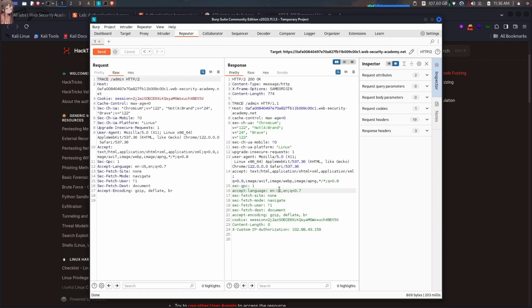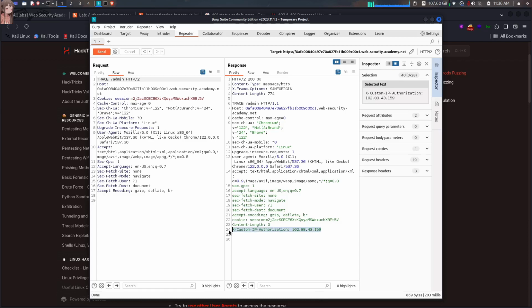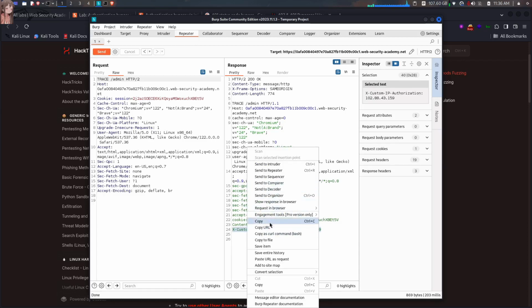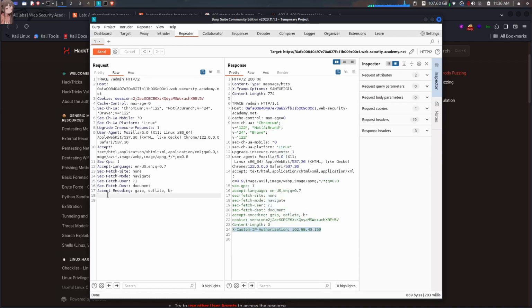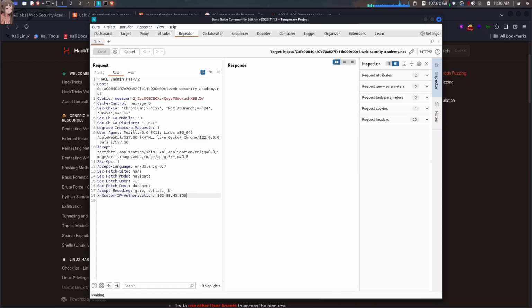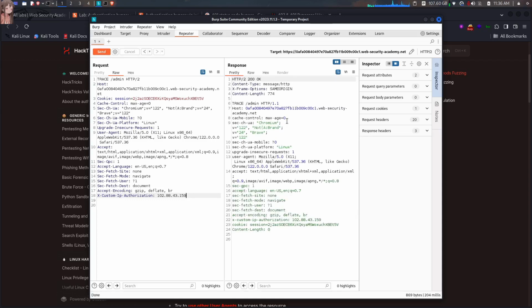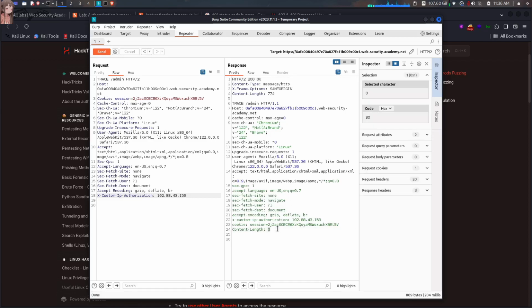Now there's something suspicious about this response, and what is suspicious is the X custom IP authorization. Why this is very suspicious is because if you copy this and paste that here and hit send, we actually get this page here. Okay, we just have to wait. Okay, good. So you can see that we have content length here which says 0, which literally means there's something